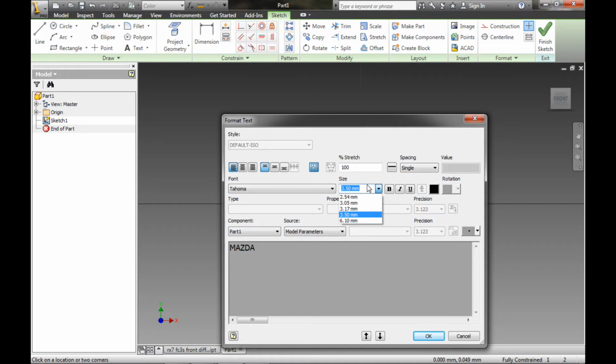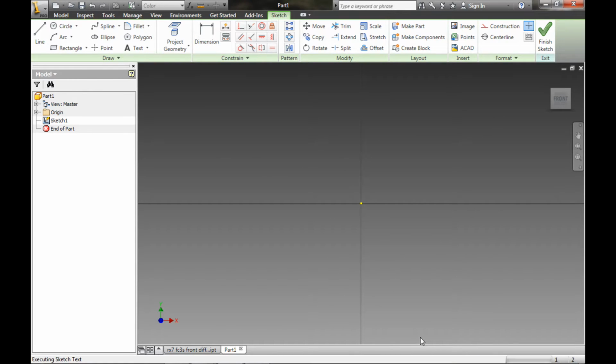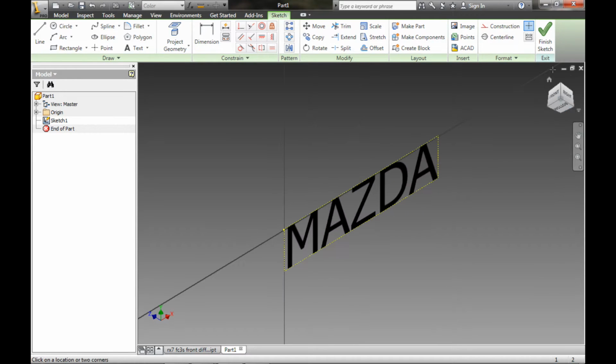Let's make size 20 millimeters. So now this has just created a 2D image of text, and from there we finish the sketch